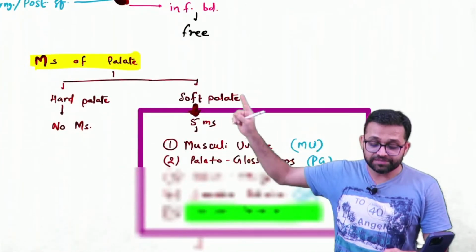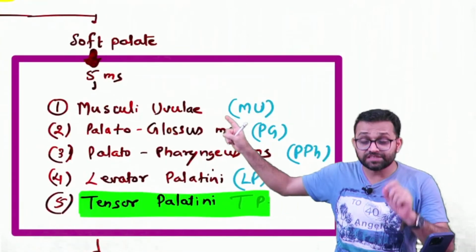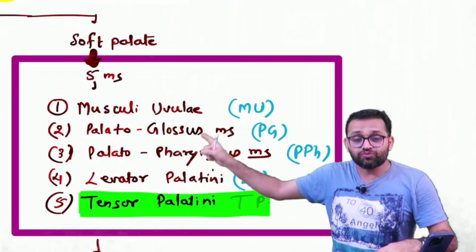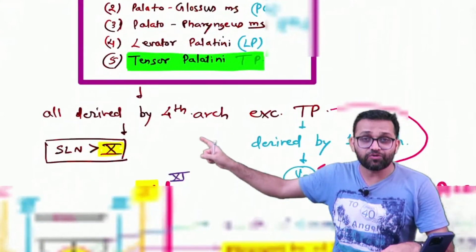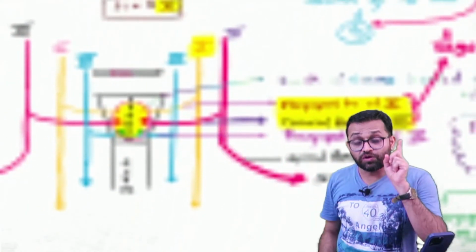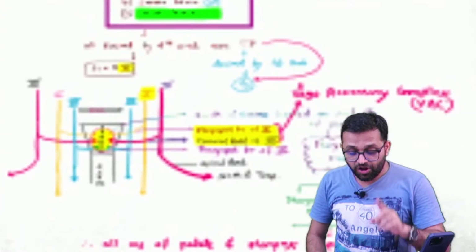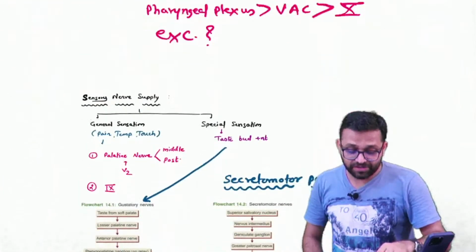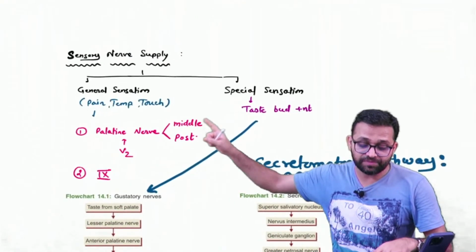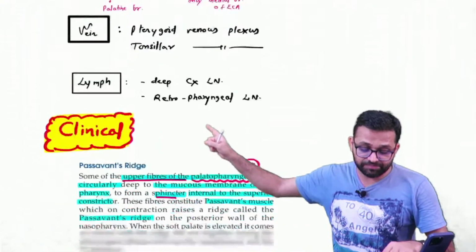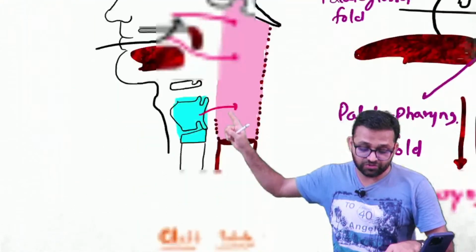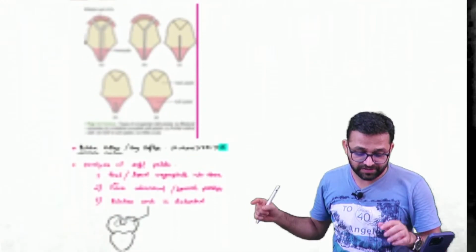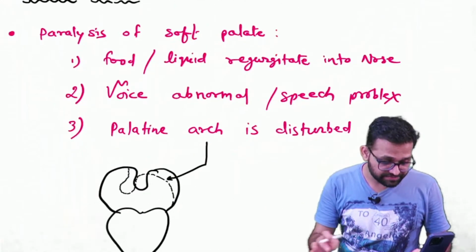Muscles of the palate: hard palate and soft palate. There are five muscles in the soft palate; the hard palate is hard, so no muscle is there. The five muscles and their nerve supply are very important. I told you what the pharyngeal plexus is and what the vago-accessory complex is, very important. Also remember, in the pharyngeal plexus, sympathetic T1 fibers participate. Then we saw sensory nerve supply, motor nerve supply, artery supply, clinical part, and lymphatic drainage. The cleft palate part we will see in embryology also. If any doubt, please ask.